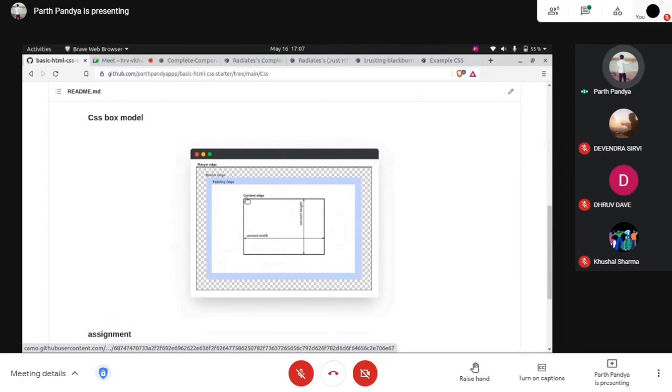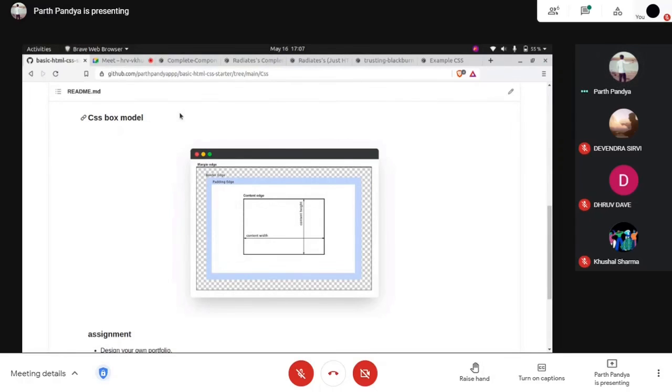It is bounded by this content edge. It contains the real content of the element. It may be text, an image, a video player, anything, and its dimensions are the content width and content height. It often has a background color or background image too. You can add that here. You can style a particular content, like H1. We did that. We directly targeted H1 and styled it with color.